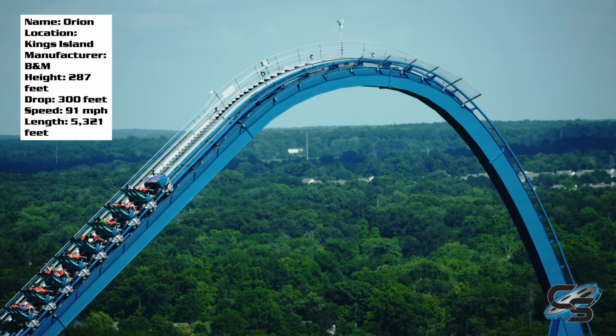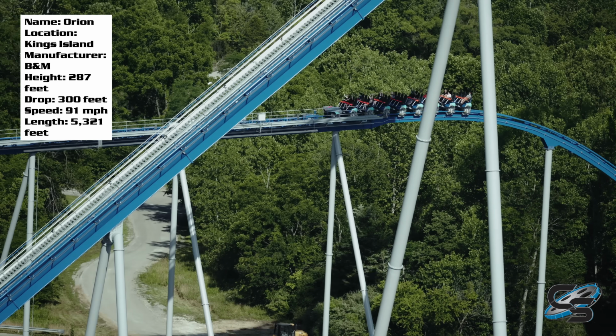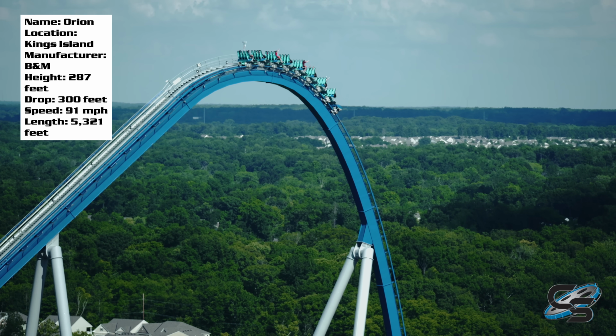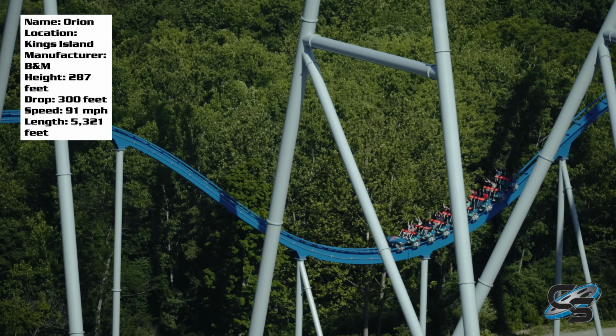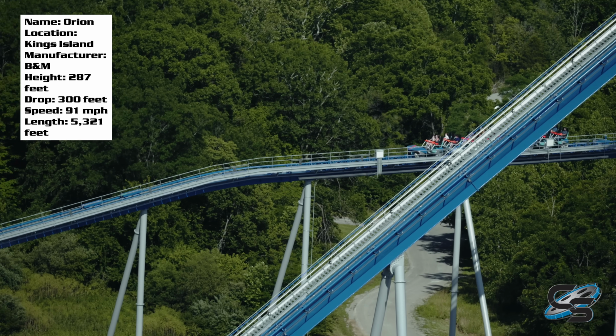And I went back and forth on this. For a bit, I was saying, you know, I think back row is where it's at. But after a couple recent rides, I have changed my mind and I think this is a front row coaster. The only element that is better in the back is the drop, which is interesting because I am typically a back row rider. Don't get me wrong, I'll still ride Orion in the back and like it, but if you want my suggestion of where to ride, I say do it in the front,